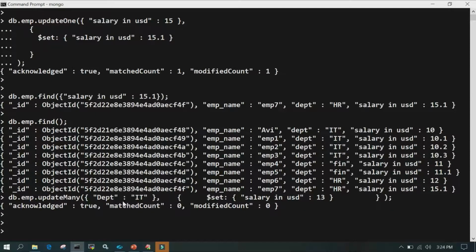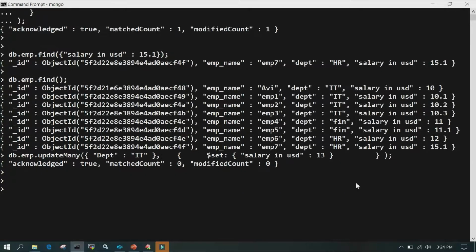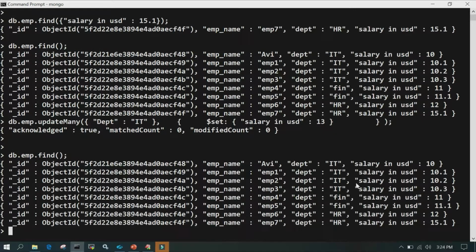Let me see if anybody is having that value or not. IT. Department D is small, that's why it has not taken. So let me change it. Department